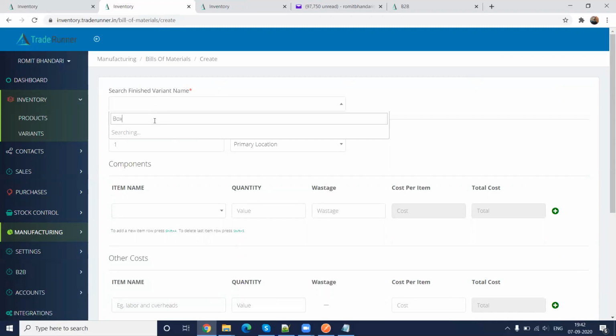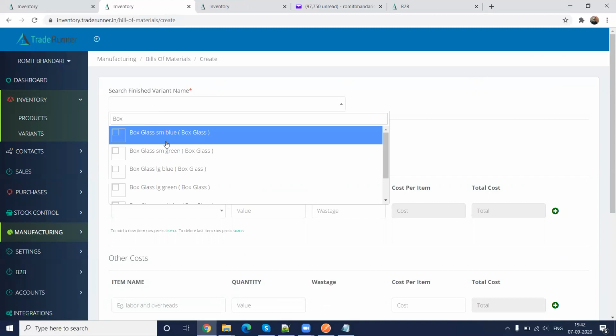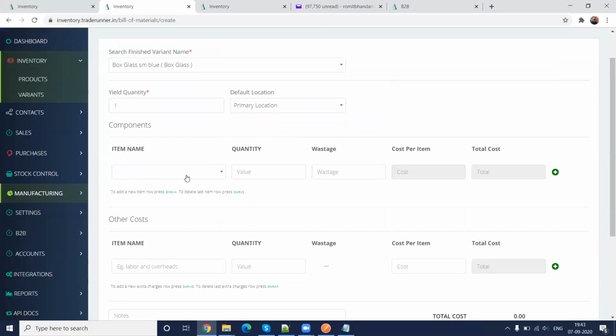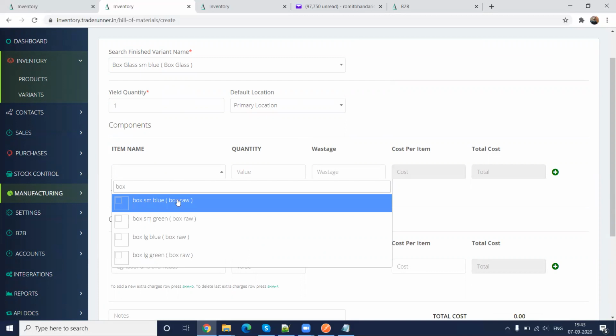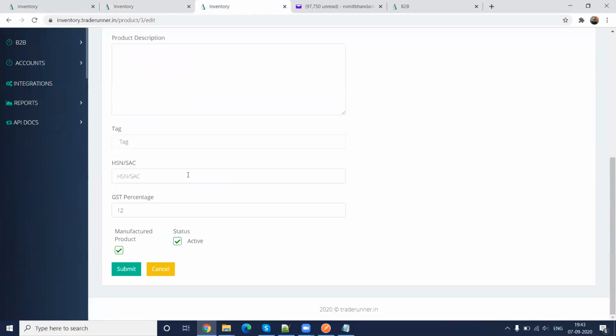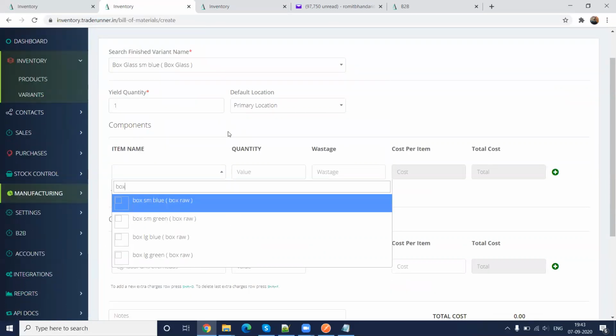So let me go ahead and try to search for a box. These are the different box glass variants which we have. Let's suppose that we are looking for the blue one, and how it is created. So one quantity of this is created by what all different components. For simplicity, I have created two kinds of raw materials, two other products which are not manufactured products. They are maybe raw materials purchased directly from outside.